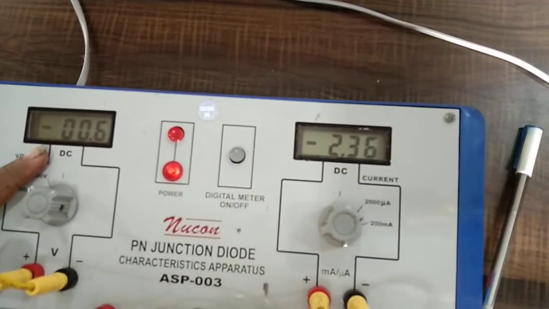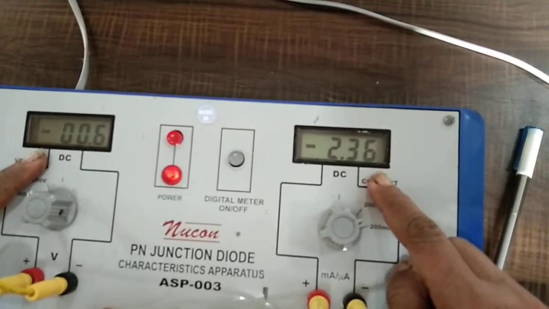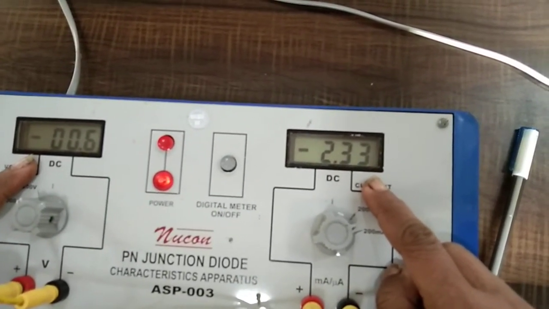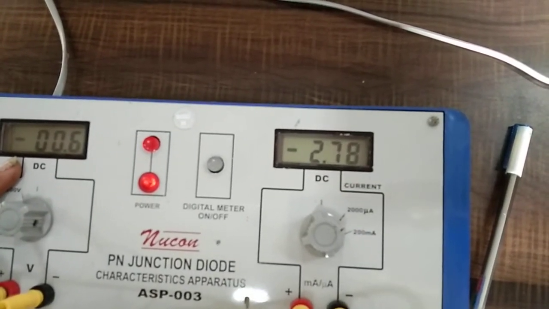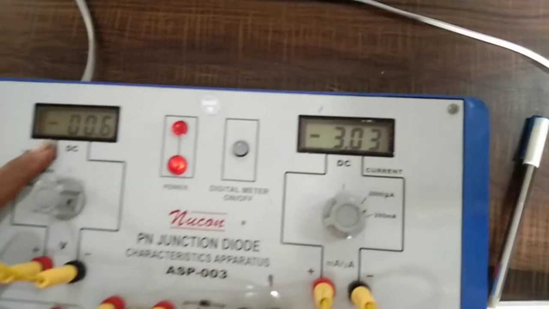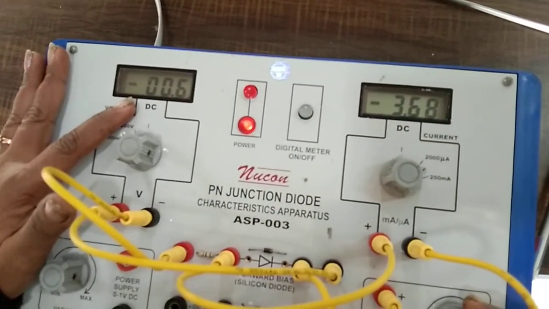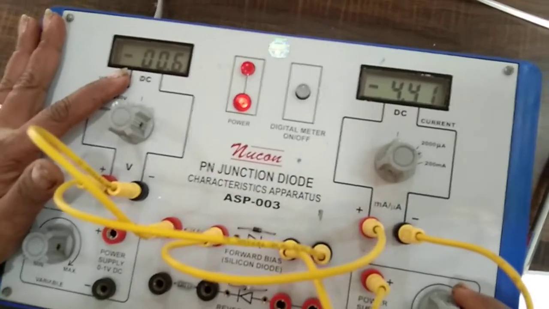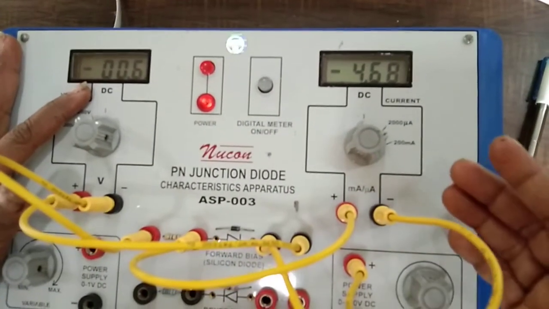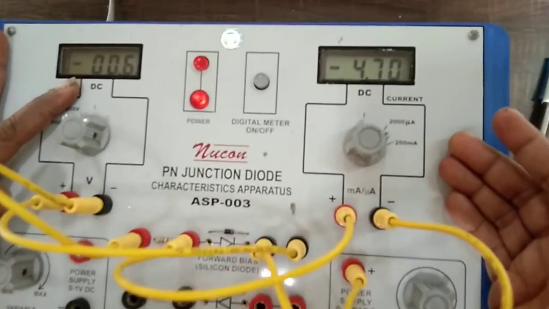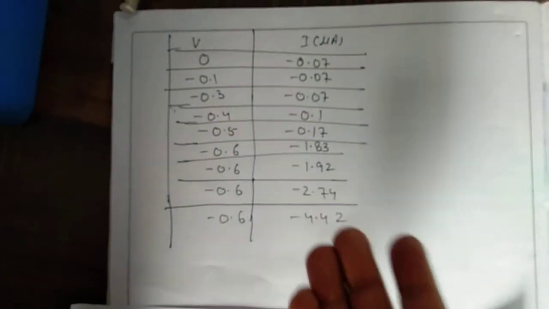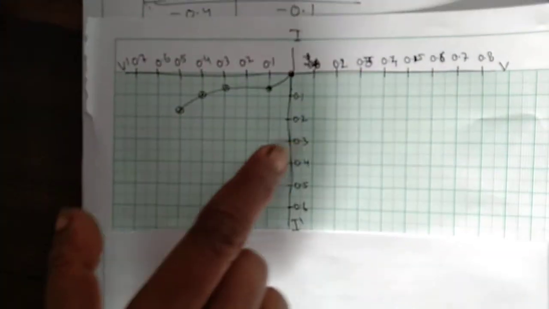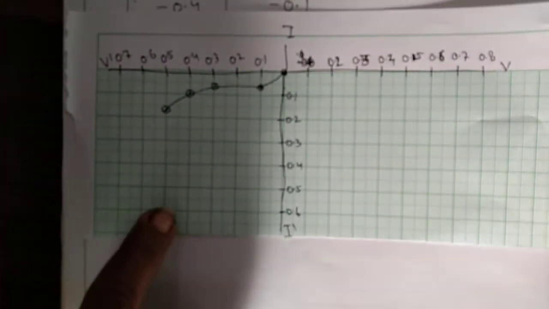See, now at 0.6 it will be constant and this will show the increase. That is the trend of the reverse bias graph that we have received or we will receive. See, the value of the ammeter is increasing, but the voltage value is not increasing. It means it is constant, and see it is increasing. When I took this trend, you started with 0.06 and I have recorded it as 0.07. So the same trend is followed as shown over here, and I have plotted the graph also with this. See, this is the graph that I am receiving as per the reading.